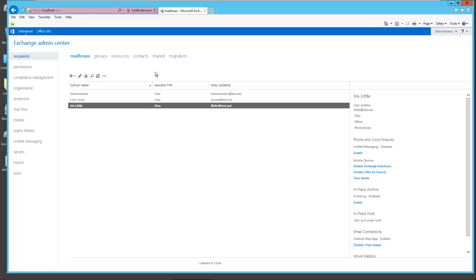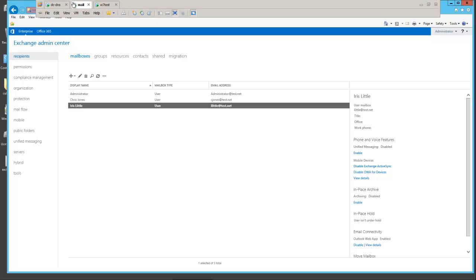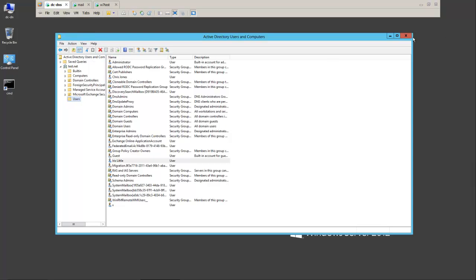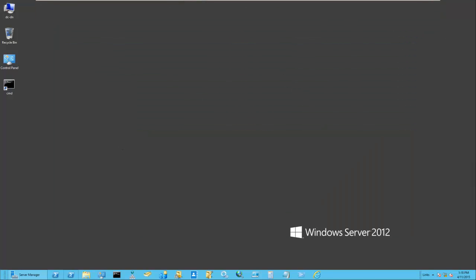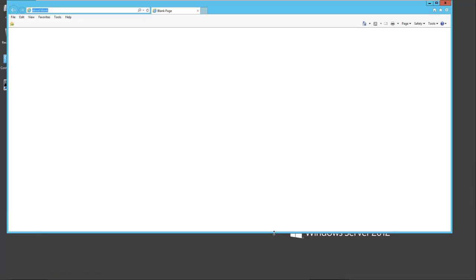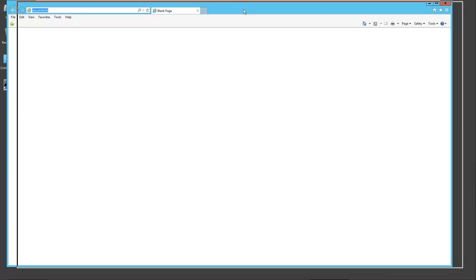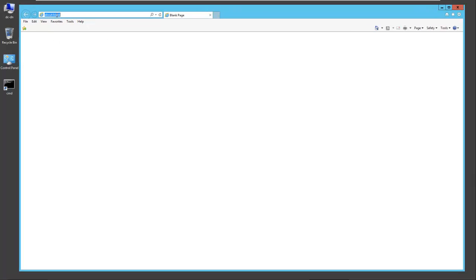Now let's verify that our users can send mail. So let me go back to the domain controller, and I will open up a browser and log in as one of our users. So we will go to our Exchange server, https://mail.test.net/OWA,